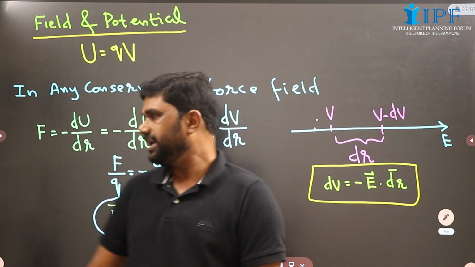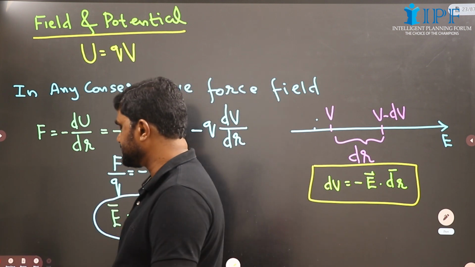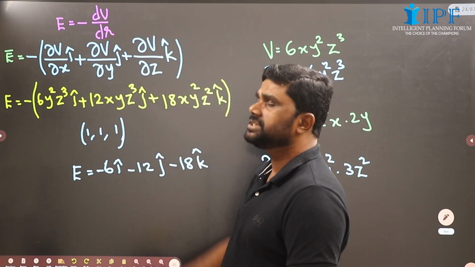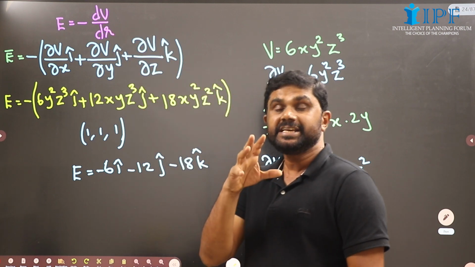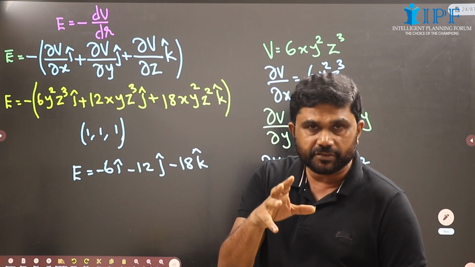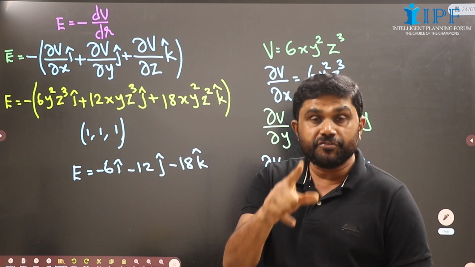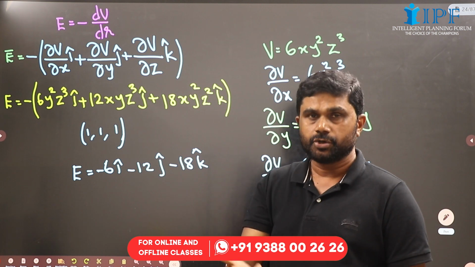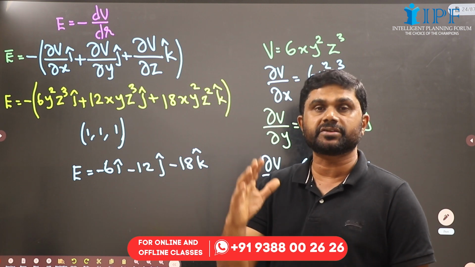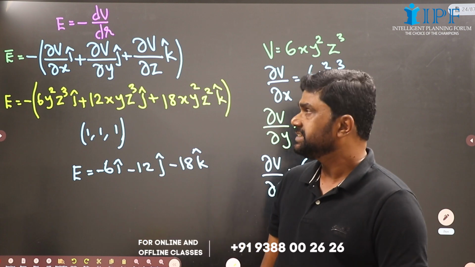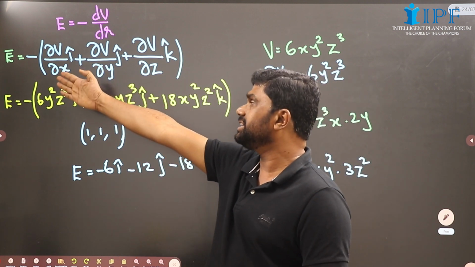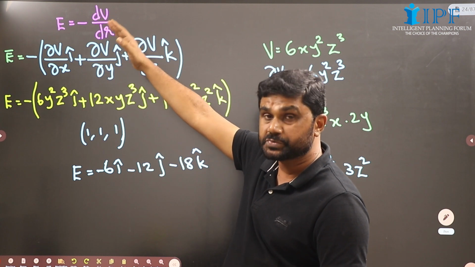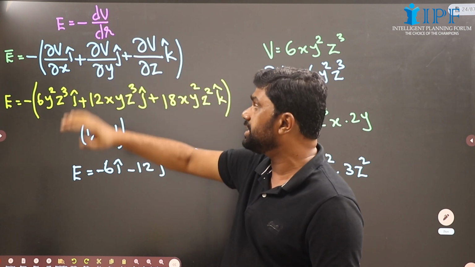Now let's see what is next in this chapter. See, we have E equal to minus dV by dr. This E is intensity of electric field and it is a vector, while V, the potential at a point, is a scalar. Then how do we relate this scalar and vector? See, intensity of electric field is minus dV by dr, which can be expressed in vector form as minus of,